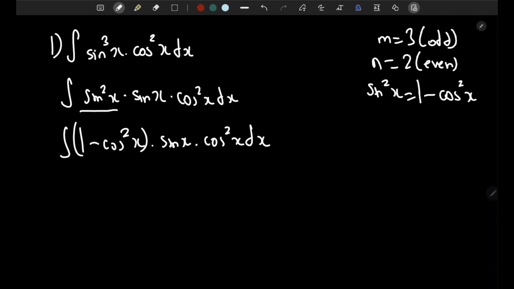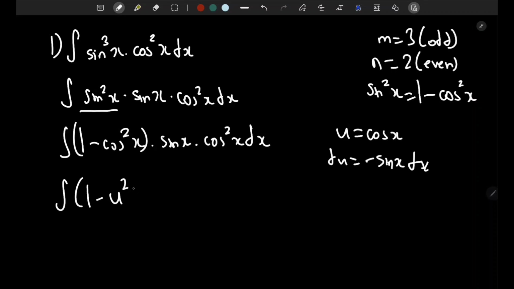So we can take u as cosine x, and du will be equal to negative sine x dx. So now we notice that we will be able to cancel the sine over here. So now all we need to do is substitute u as cosine. So it's going to be 1 minus u squared, as u is cosine, into sine x into u squared, and